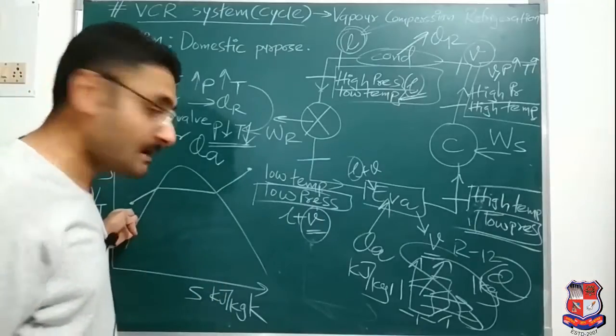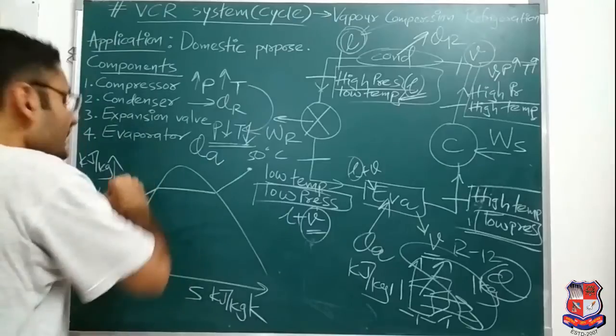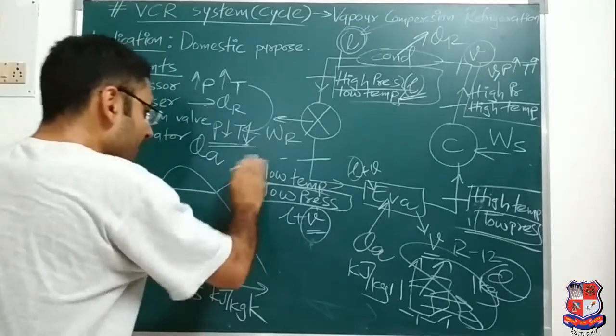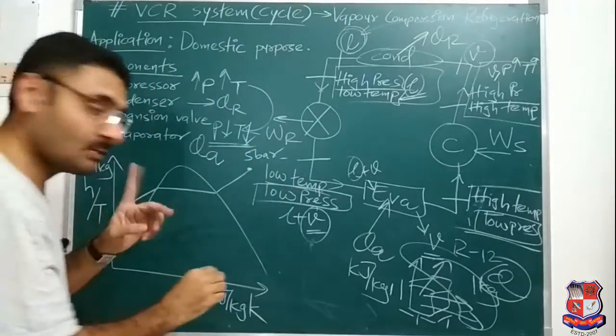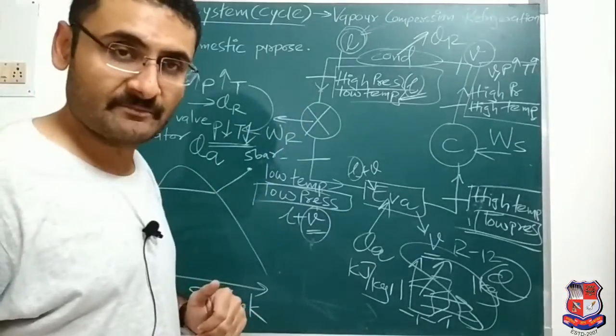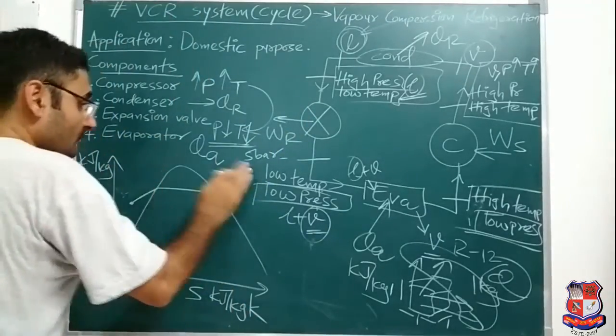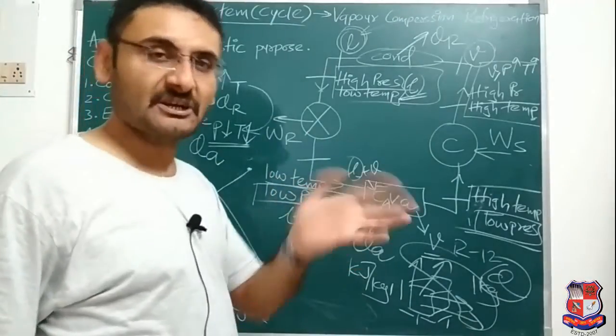So pressure may be the same, but over here the temperature is, suppose, 50 degrees. So over here temperature may be 20 degrees. But supposing over here pressure is 5 bar, so over here is the pressure 2 bar? No, it is also 5 bar. Why? Because it is a constant pressure line. Okay. Now clear about the constant pressure line? On a constant pressure line pressure remains the same but temperature may vary.